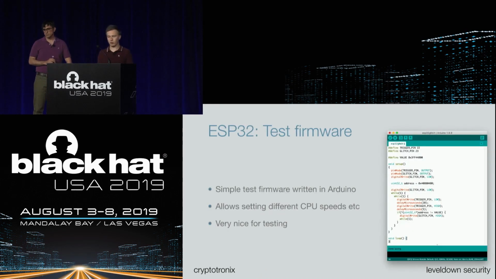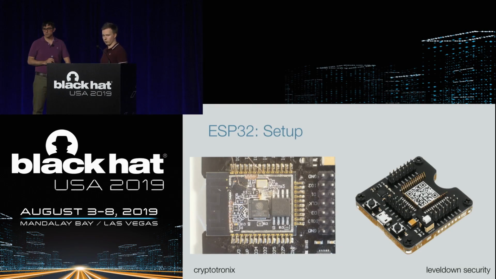In the case of the ESP32, we decided to write the test firmware in Arduino because it's really simple and it allows you to easily select different clock speeds. You can see our sketch for testing the glitch is like 30 lines or so. We just do a flash read on an address where we know the value, and once that value changes, we set up a success pin and can measure it with our glitch. To drive the board, we put it in one of those nice programmer boards which provide the 3.3 volts needed for the chip and allow us to easily switch out chips after we broke them, because sometimes you will break chips while doing this.